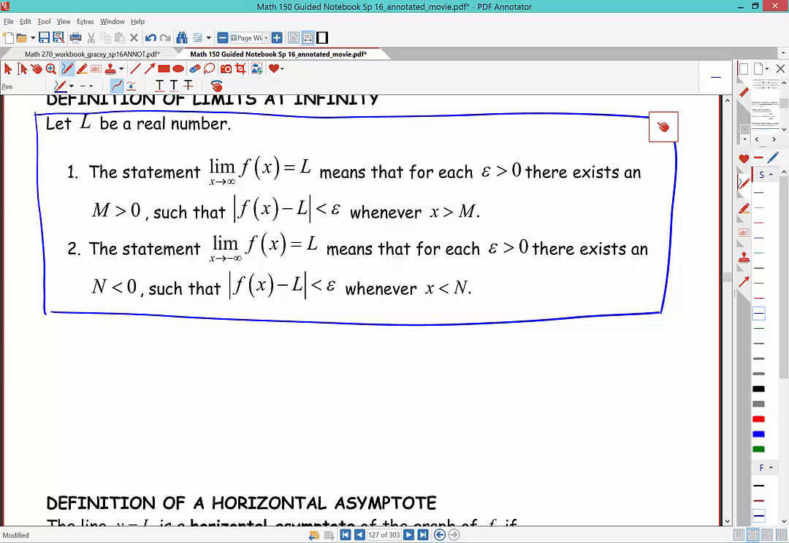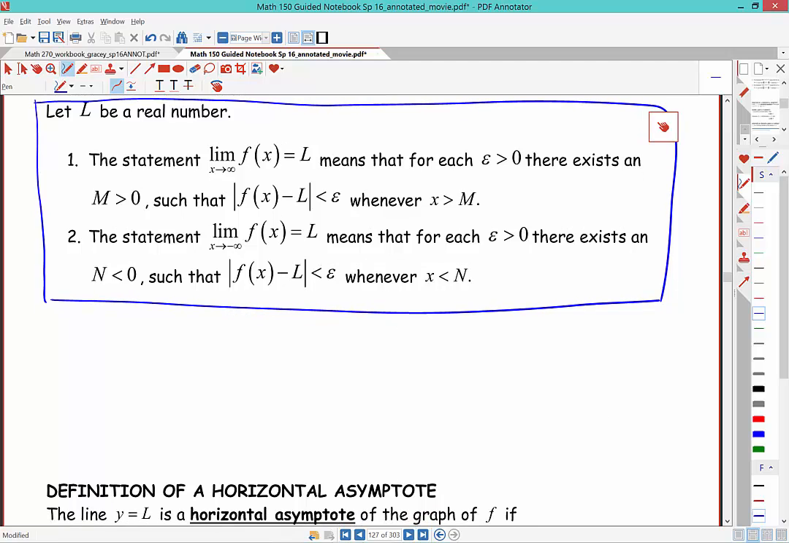And then of course we've got this other statement. The limit as x approaches negative infinity of the function equal to L means that for every epsilon greater than 0, there exists an N less than 0, such that the distance between the function and the limit is less than this epsilon whenever x is less than N. So let's take a look at a picture of one or both of these. So if we have something like this,